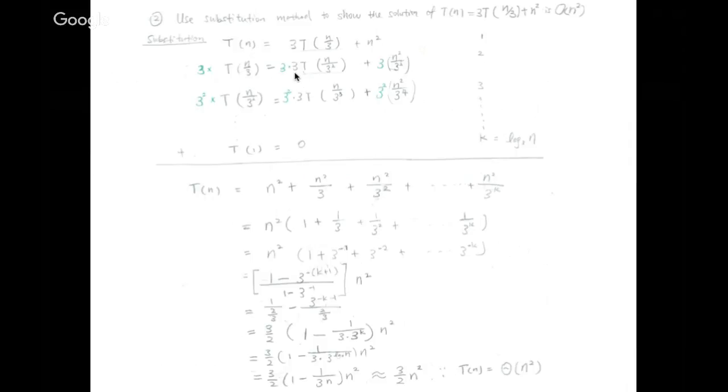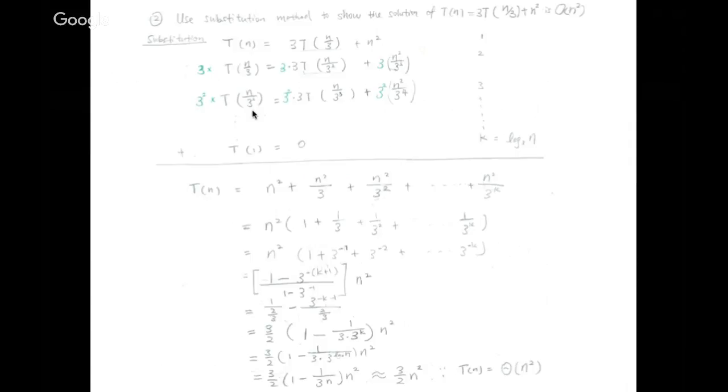So T(n/3) equals 3T(n/3 squared), and then plus n squared divided by 3 squared. And the next one, we substitute